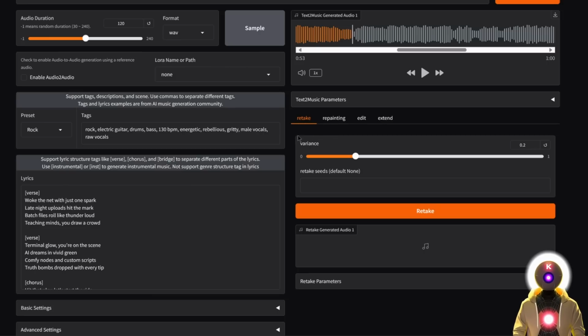Retake, exactly like its name implies, it's really just gonna redo the exact same song with the exact same lyrics, exact same tags, but with a slight variation value that you're gonna input right here. And the higher the value, the more different the final song will sound. So for example, let me just put something like maybe 0.4, doesn't really matter. So if the previous song sounded like this,